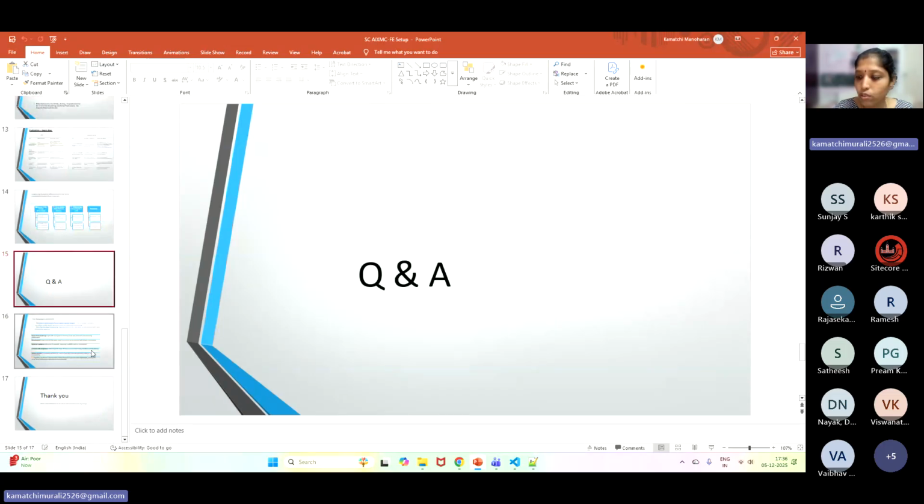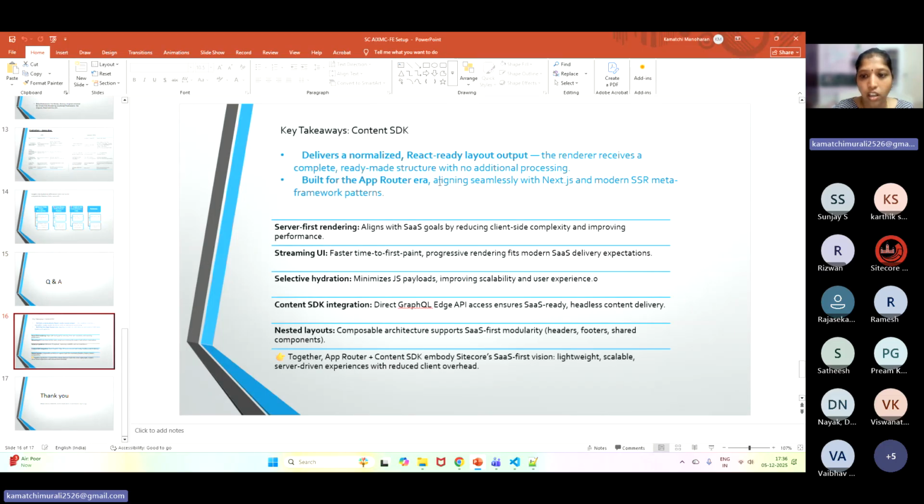So we are about to get to the end of the session. To consolidate the key takeaways for the session: Content SDK is going to provide you normalized, ready-to-consume data, that is the content. React can readily consume the content delivered by Content SDK, unlike in a JSS world. The renderer will be receiving a complete ready-made structure without needing to process it further and iterate to articulate